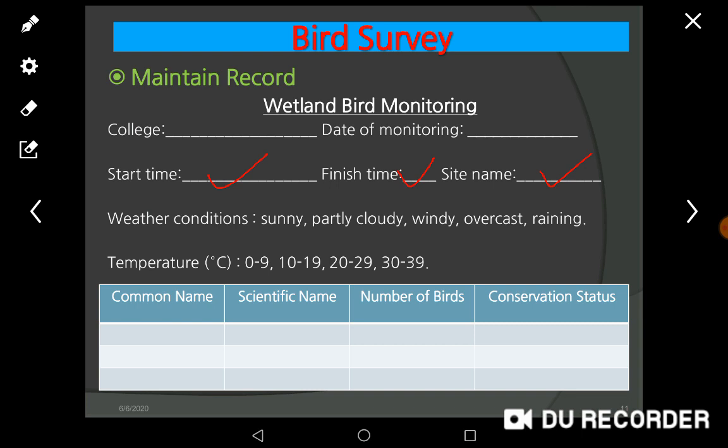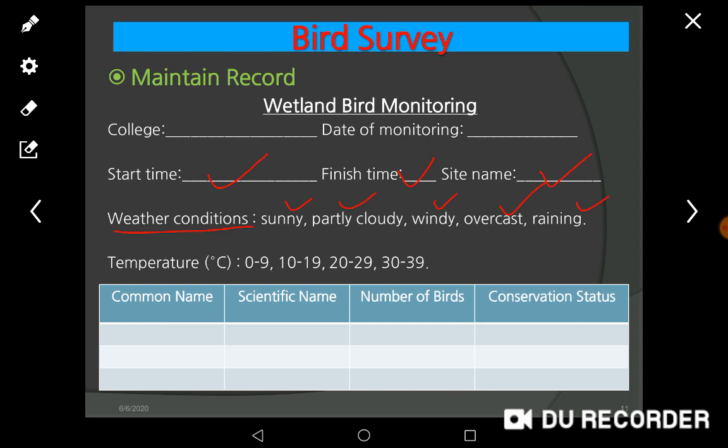How were the weather conditions on that day? Whether it was a sunny day, partly cloudy, windy, overcast, or raining, you can mention that. You can also mention the temperature at the starting and finishing time. These are very small points, but they are essential for maintaining a record, and this record will help you develop a particular research.